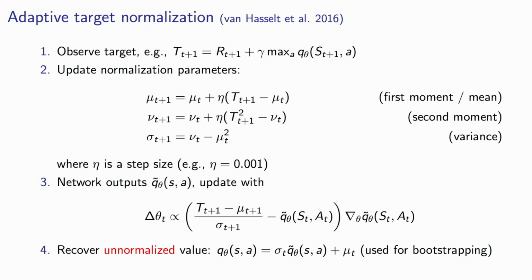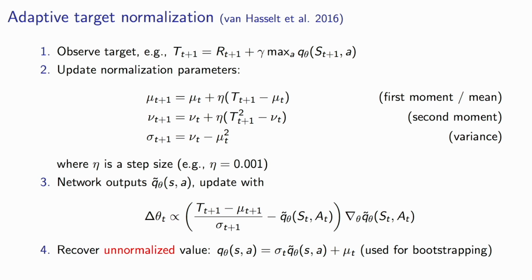And then the idea is simply to have some normalization parameters. For instance, you might keep track of the first and the second moment, from which you can then reconstruct the variance. Of course, you might need to be a little bit careful here on this last step. I didn't put it on the slide, but you have to make sure that this estimate of the variance is never below 0. There are just numeric things that can happen, so you might want to do a little bit of checking when you actually code this up. And then there's just some step size on these statistics. Typically this is not that hard to tune because you basically just want to have a rough feel for where the mean of your targets is and where the standard deviation of your target is.